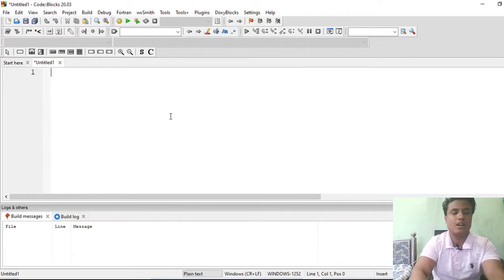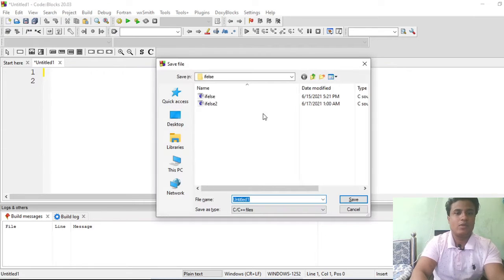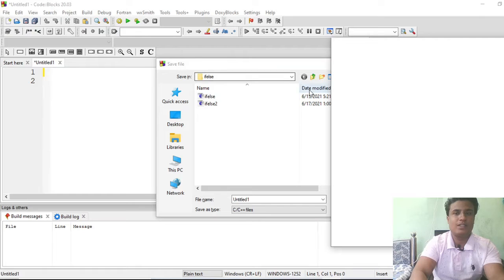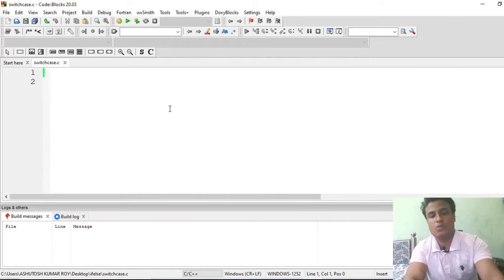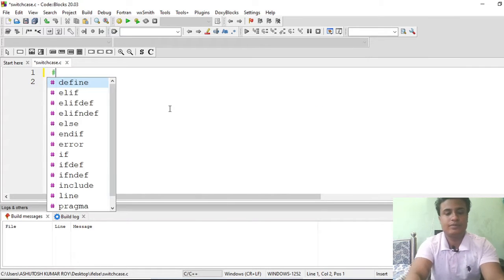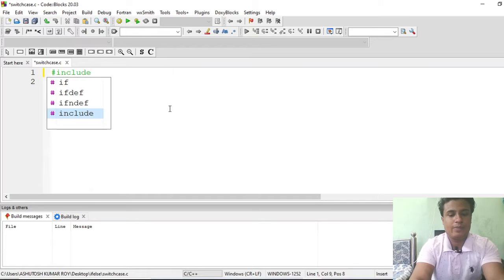Now to save it, Control S. We will save it in the same if else statement folder which I created some lectures ago. Suppose our file name will be switch case. Save it with whatever name you like. I'm saving it. Now let me first include the header file.